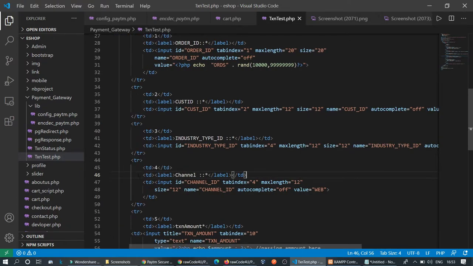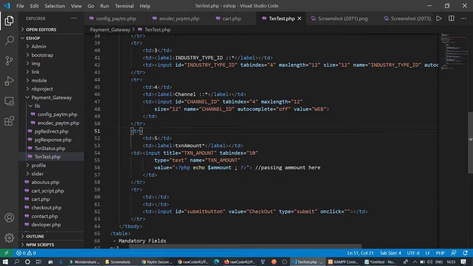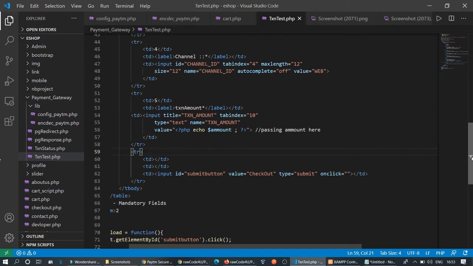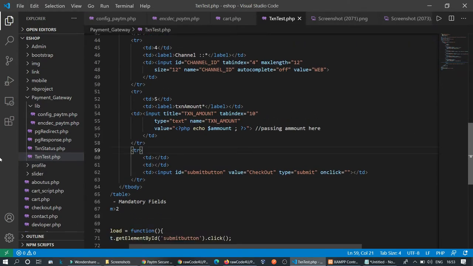In channel, the value is WEB for the website, and if it is an app, then use WAP here. And in transaction amount, you put the amount here, and we add in the value section the amount we get from the product. Okay, and that's it from here.